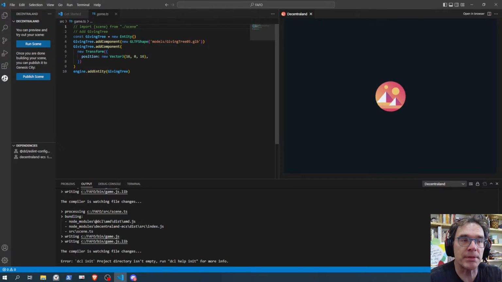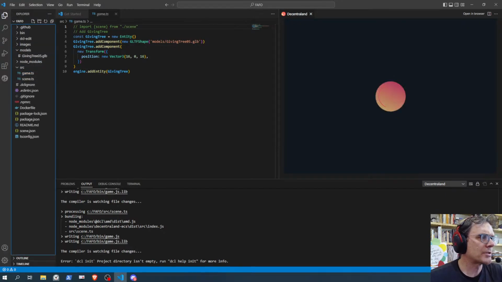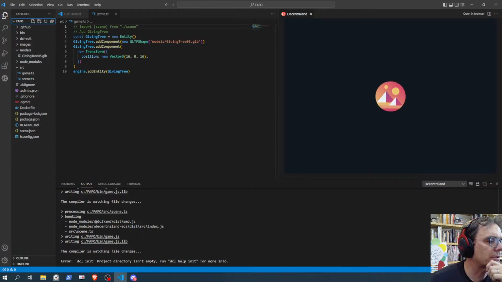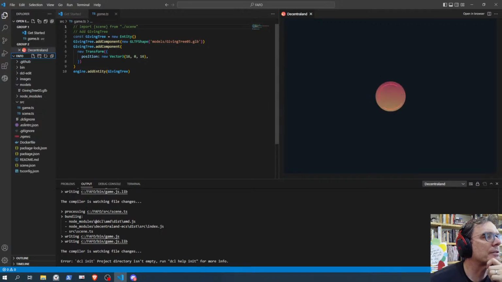But there is something called the heads-up display. So if I go here to editor, let's see, what is that? Open editor. Okay.